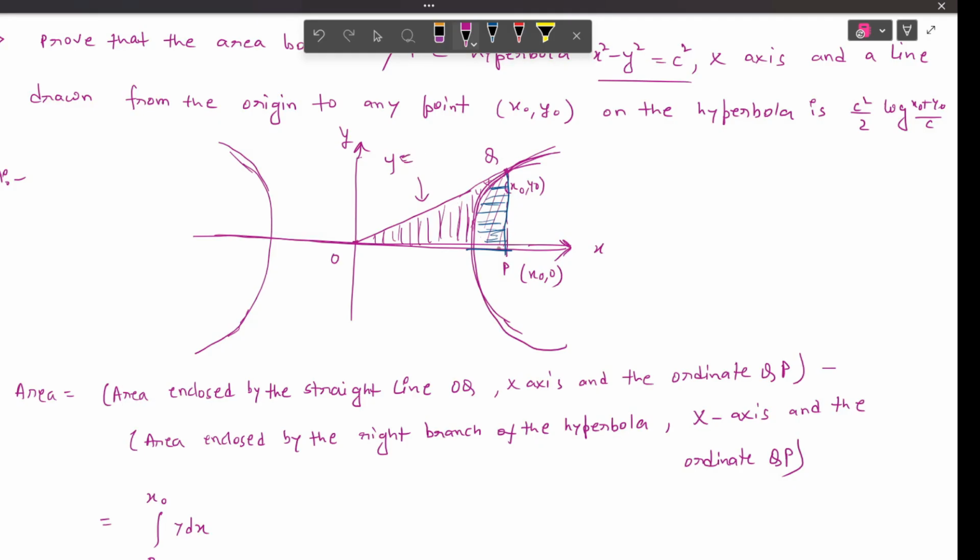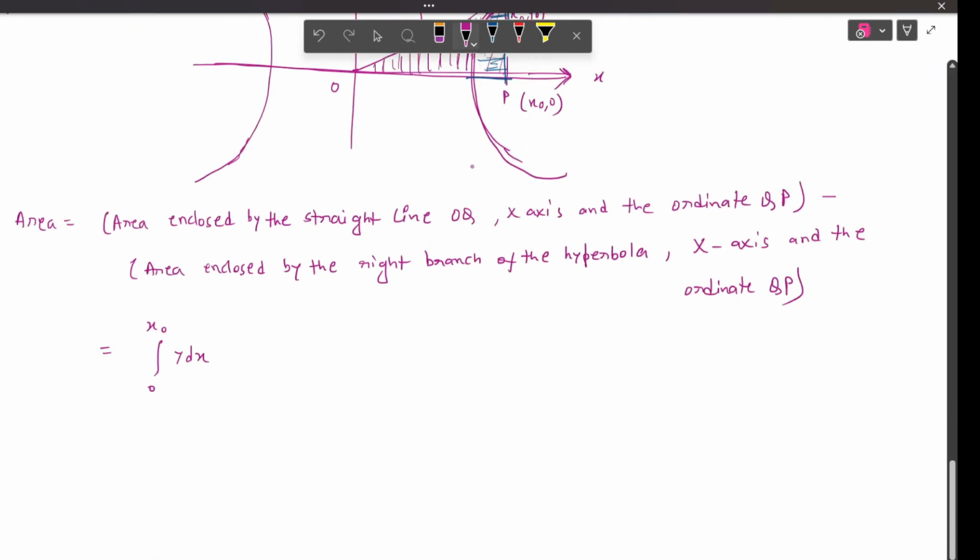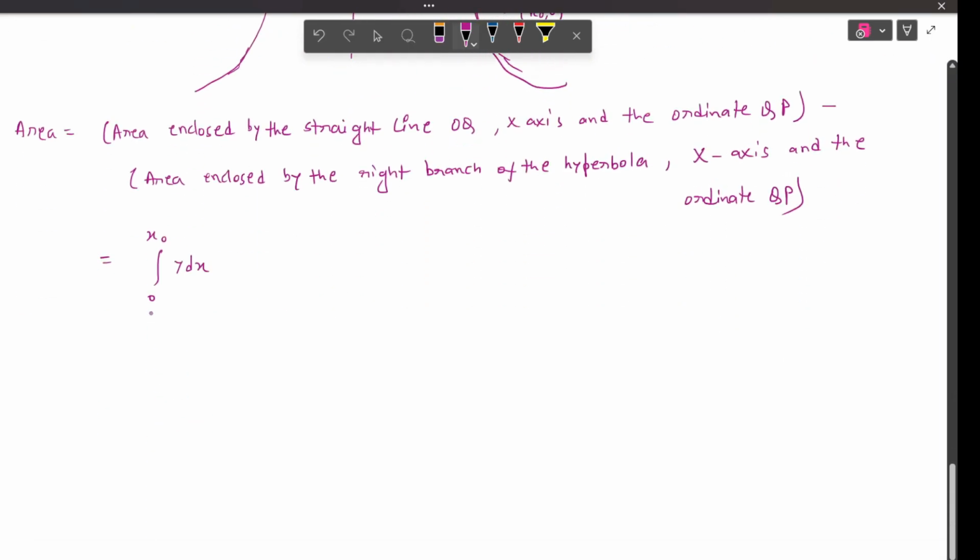From this right angle triangle we can say m is tan theta, that is slope, that is y naught by x naught, into x. This is the equation of this straight line. And this is for the straight line, y equals y naught by x naught into x